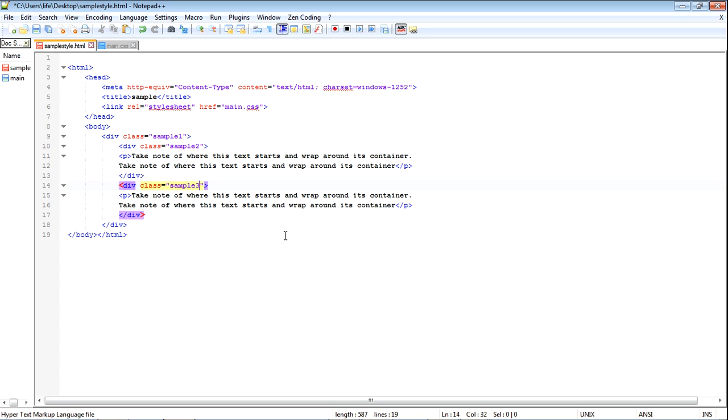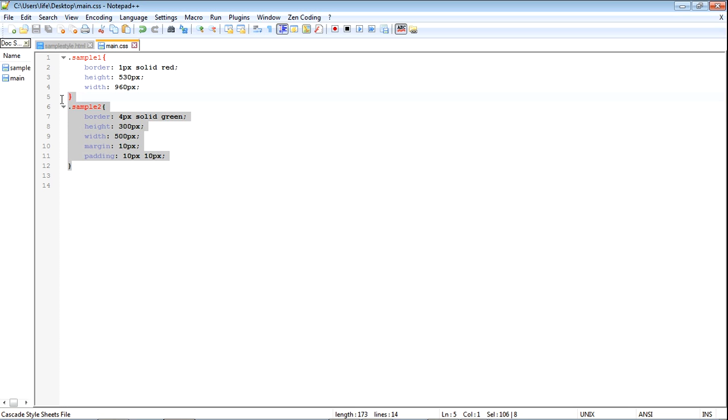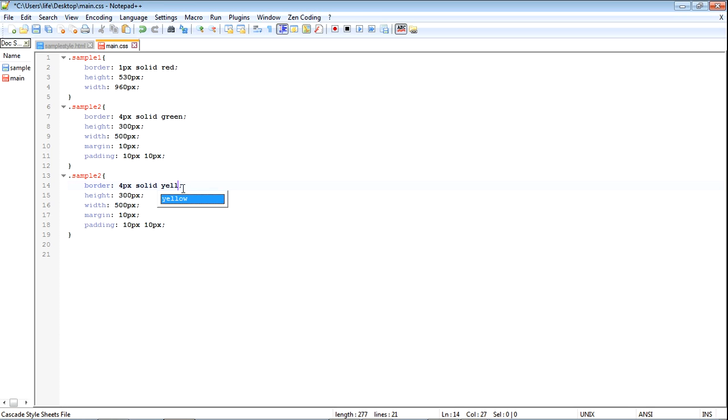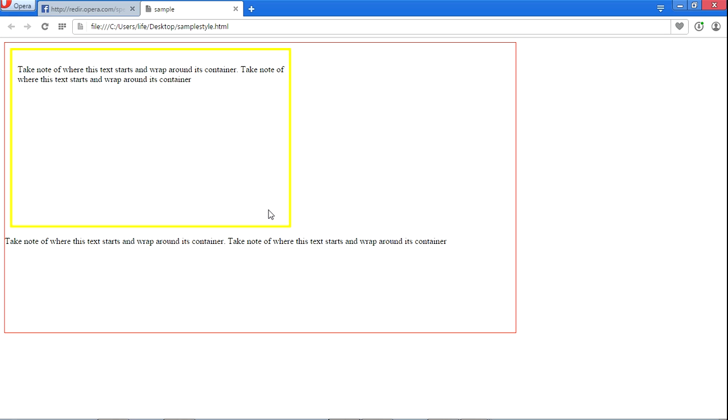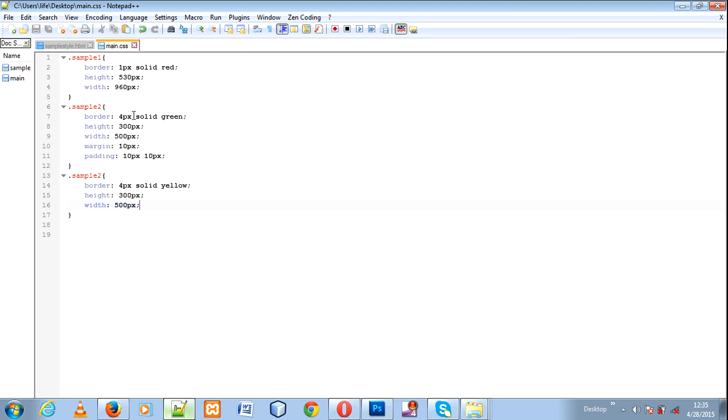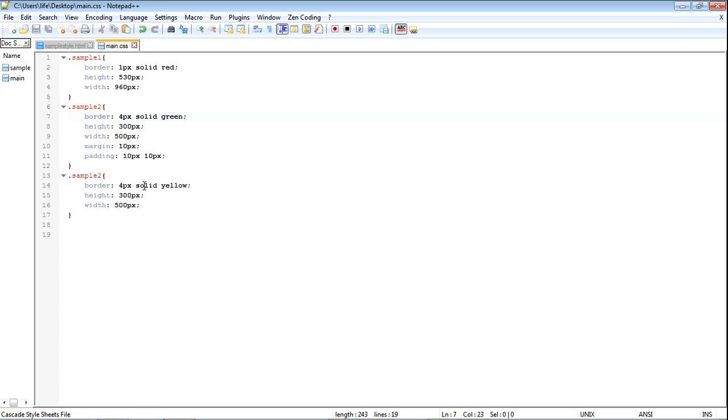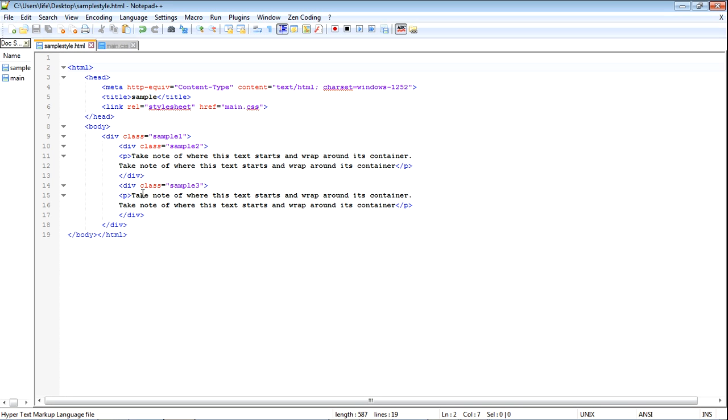Make a sample div 3, and then come to my CSS and give it a little bit of style, a different color, so that we can see it. Let me make it yellow. I don't need any padding or margin for it. Come back to the browser, hit refresh, and bang, no, that's not what I wanted. What happened? Leave that green. There's probably something wrong with my